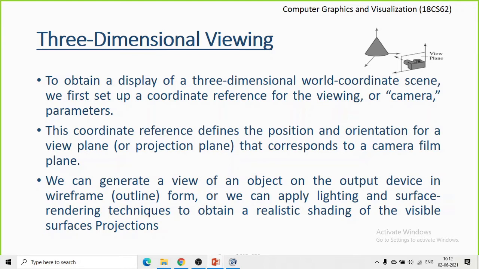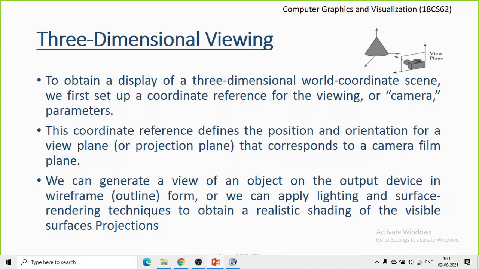Now there are different ways in which we can view the output on the output device for a 3D object. It can be the wireframe structure. I think we all know what a wireframe structure is. It is a structure formed by connecting multiple line segments that represent only the outline of the given 3D object. It does not have any surface rendering. We are basically drawing the skeletal structure of a given 3D object. You can call it something like that. That is called a wireframe structure.